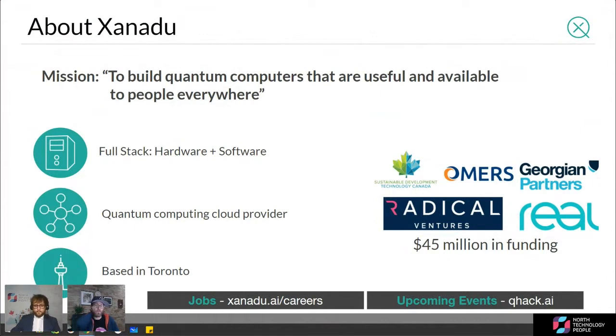A lot of technical people, as you can imagine, with PhDs from all over the world, but not just in quantum. We have people on the software development side as well, algorithms research, a broad spectrum of technical people at our company. We're venture capital backed, with the majority of our funding coming from Canadian sources, which is something we're pretty proud of. We raised $45 million in 2019.